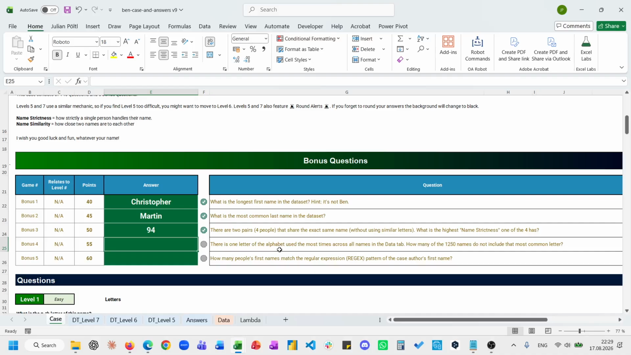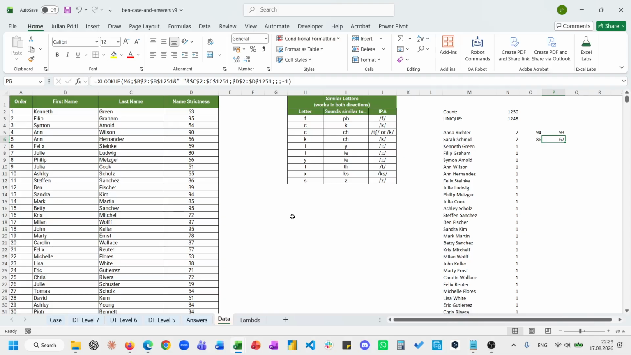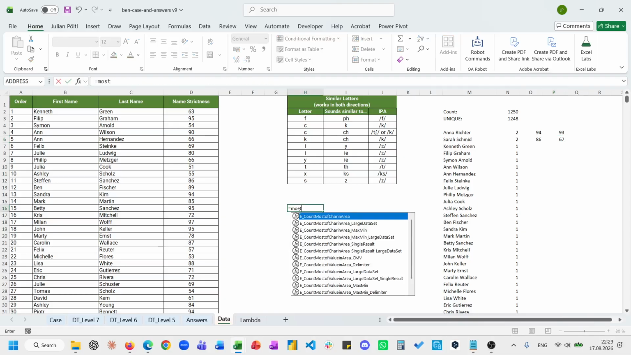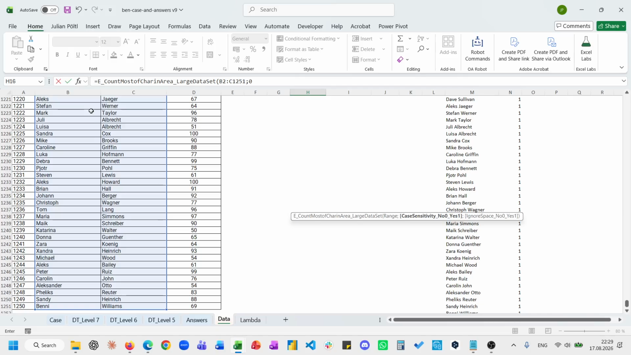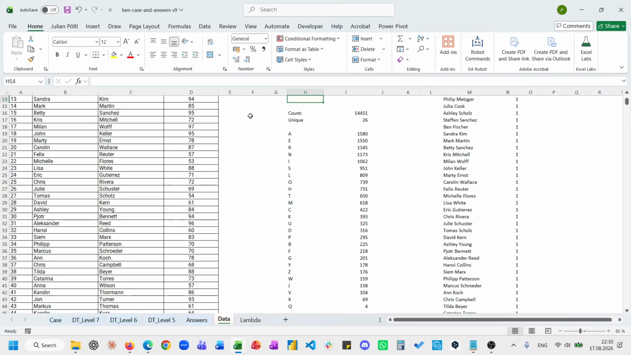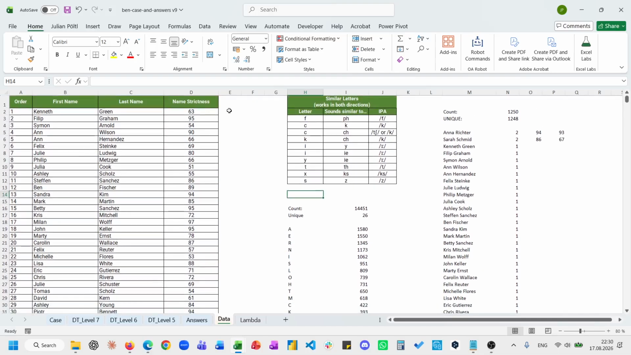There's one letter in the alphabet used the most times across all names in the data set. How many of the 1250 names do not include that most common letter? Most of char in area large data set. Case sensitive, no. Ignore spaces, yes. So the A is the most common letter. And if we